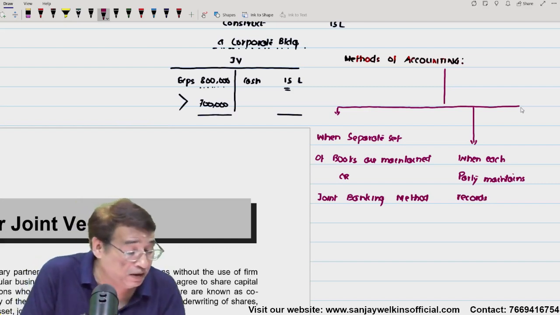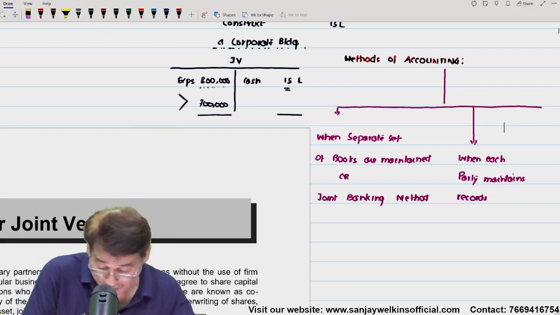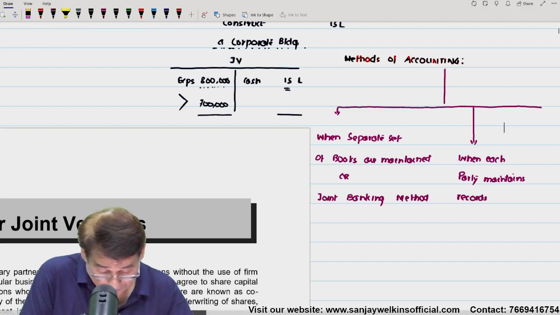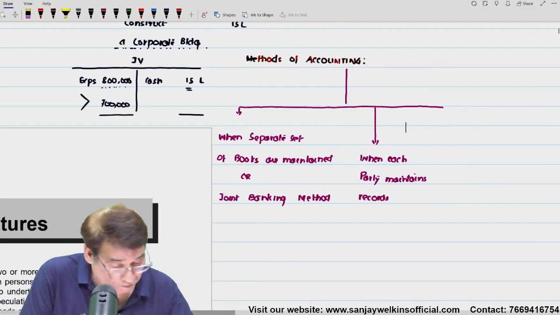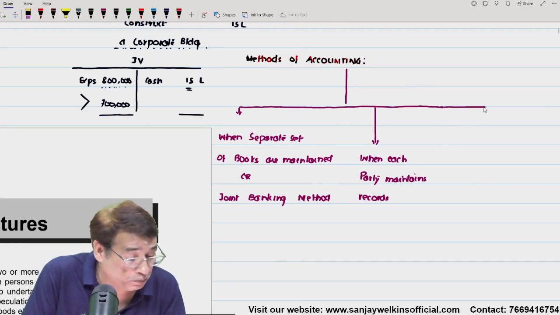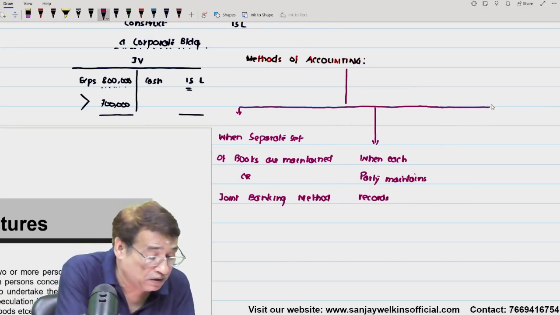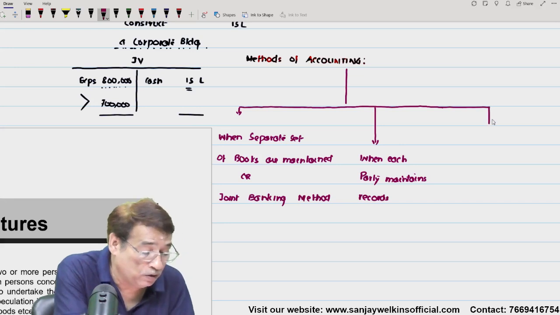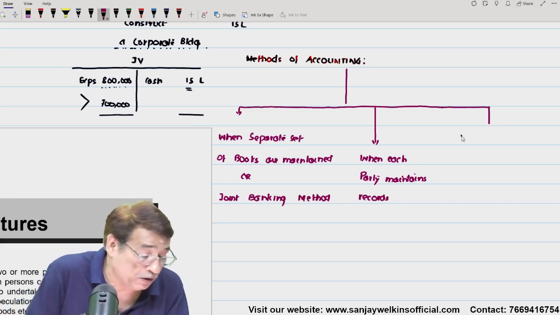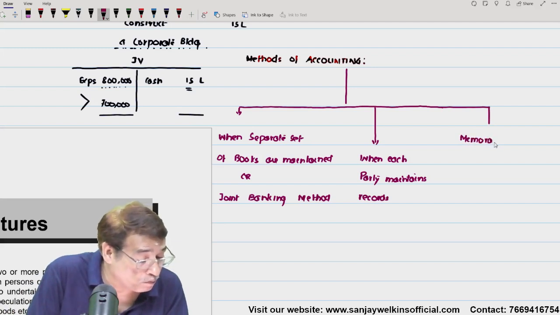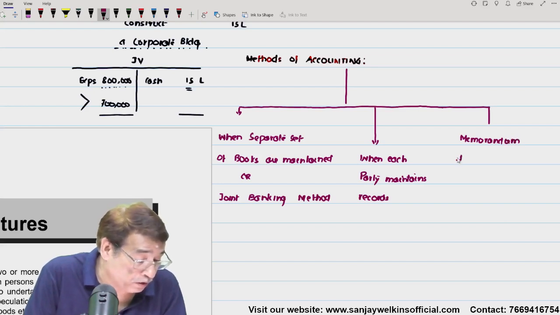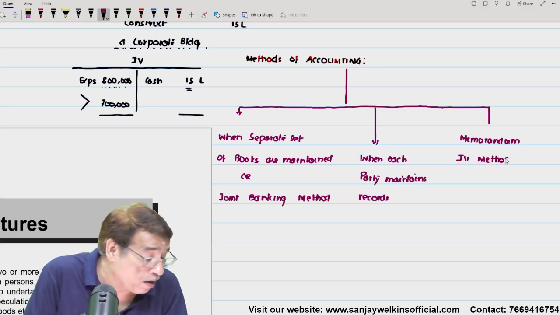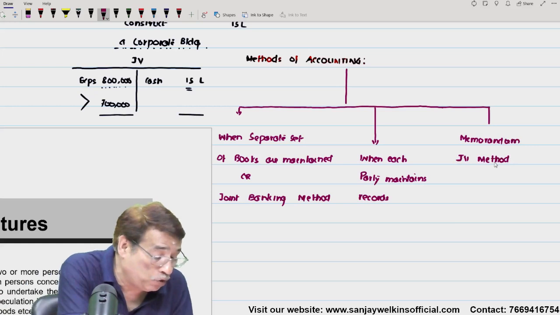And besides that, there is a third method also. What is the third method? Just wait. The third method is known as the memorandum joint venture method. And we will see that under the memorandum joint venture method,